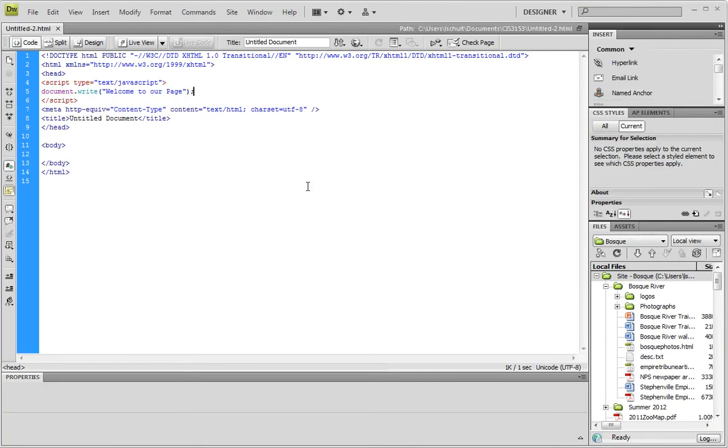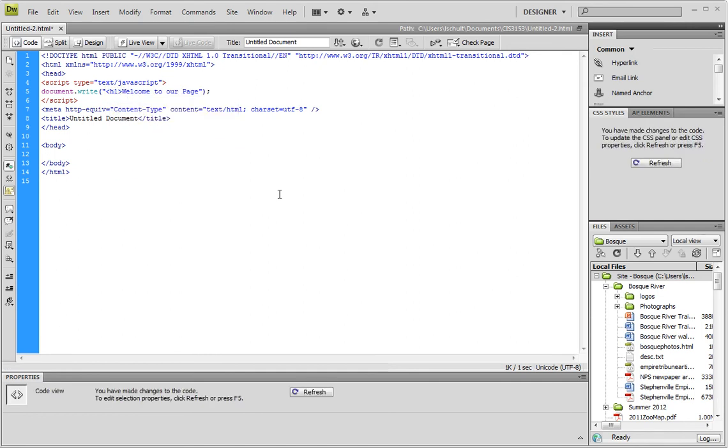So I'm going to close that down and go back to our code. And I want to talk to you about what document.write is actually doing here. Document.write is writing a temporary document that is then fed into the browser and interpreted. So what this allows us to do is we can incorporate our HTML into our literal statements and actually have the browser interpret them. So what I'm going to show you real quick is I can come in here